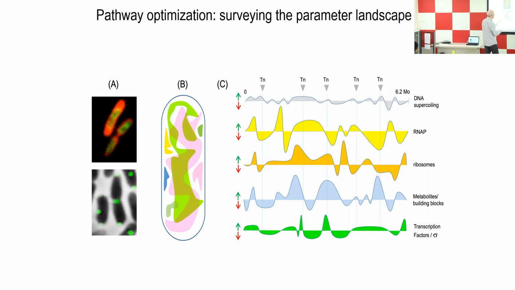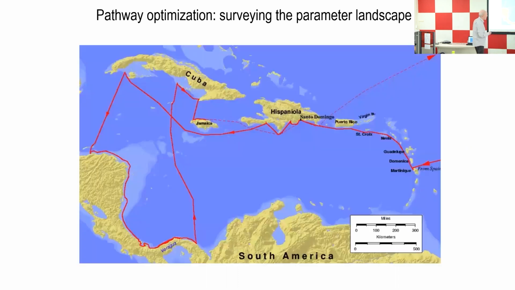So that means that depending on where you are in the cell, where your genes are in the cell, the device will be exposed to different resources for its expression, okay? It's like, if you want to explore a new continent, not all places are good places to harbor. Some places are very bad for harboring, and other places are optimal. This is one of the Columbus images, looking for a good port to establish their first colony in South America,